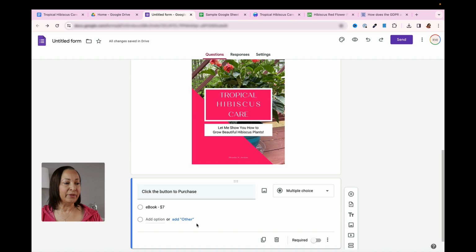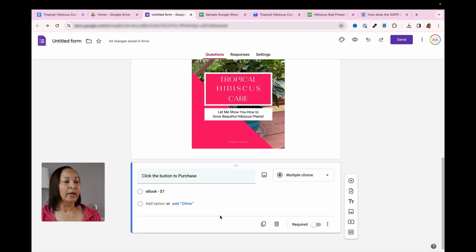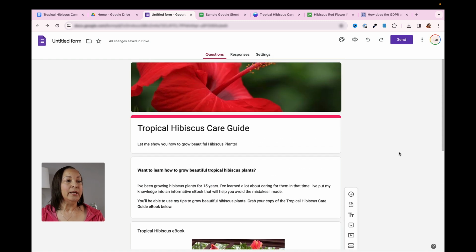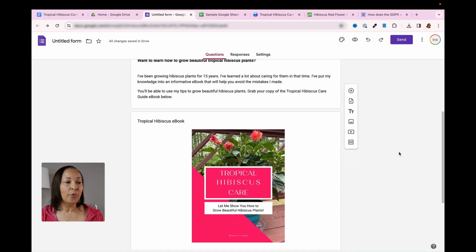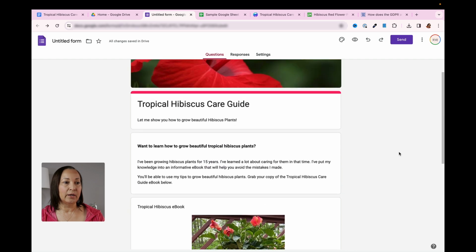So what I'm going to do with this next section here is go ahead and change this to where it says required. Now, the reason why you want this to be set to required is simply because you want people to have to click something in order to create the page. Now, we're not quite where we need to be, but you can see it's already starting to look pretty good here.